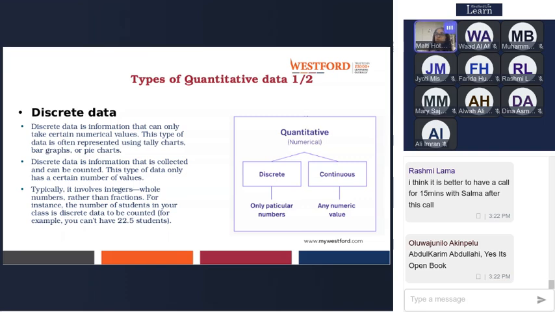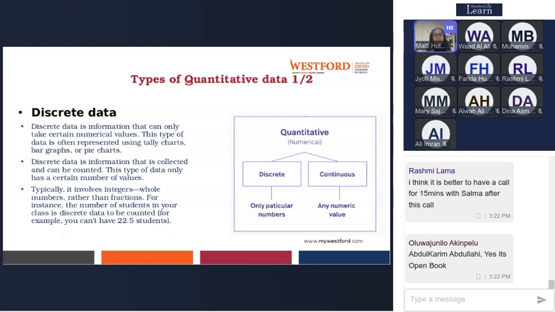It depends on what type of data you want to deal with. Generally, for demographic questions like salary, age, weight, gender, you always go for discrete data because it becomes easier for you to present the data.